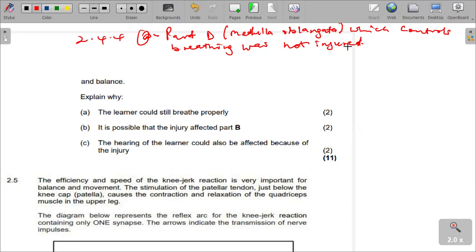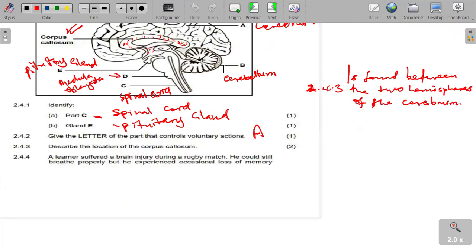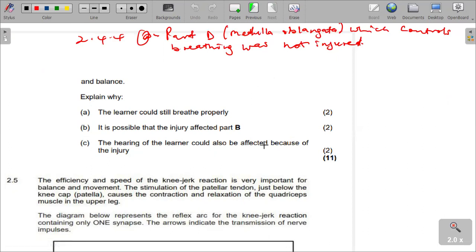not injured. And then next question: explain why it is possible that the injury affected part B. Why is it possible that the injury affected part B? Part B, which is the cerebellum. How can we say that part B is affected? So the answer is that it is affected because